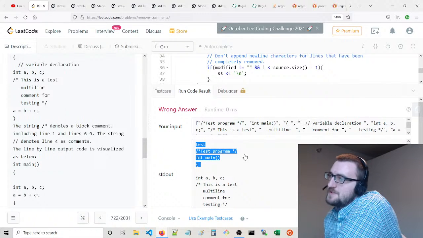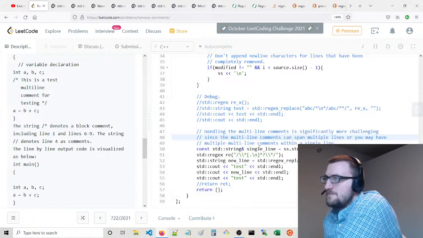So for some reason now our, what is going on? What is happening? It was working before, and now it's not working. What happened?